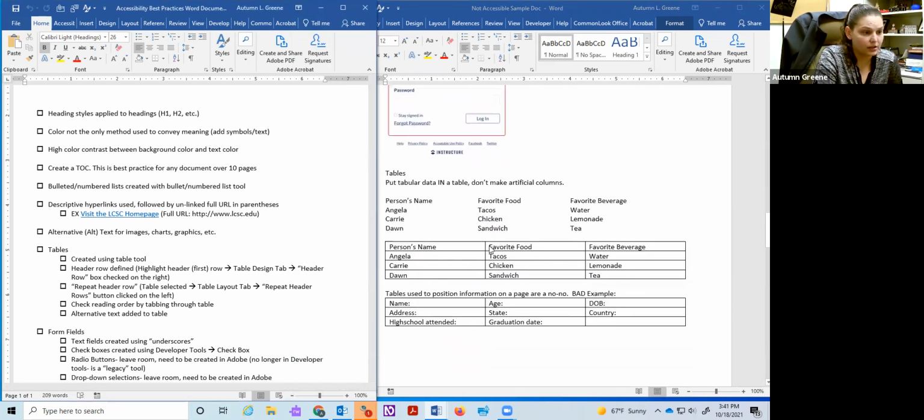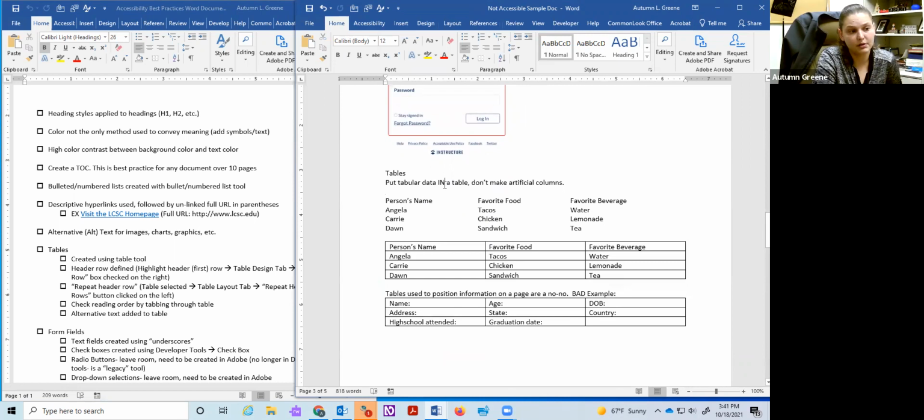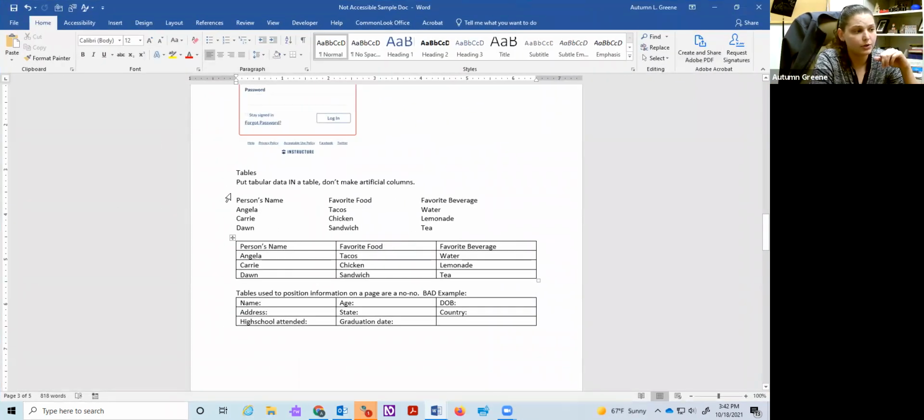All right, moving on, tables. So this is a big one. We have a lot of people who put text in tables. They put just words in tables because visually it looks great. You can center it on a page. Maybe it makes the information stand out, right? And so we love people to use tables, but unless it's for data, we highly recommend that you don't use tables, okay? So what we mean by that, you can see here on my example document that we have put